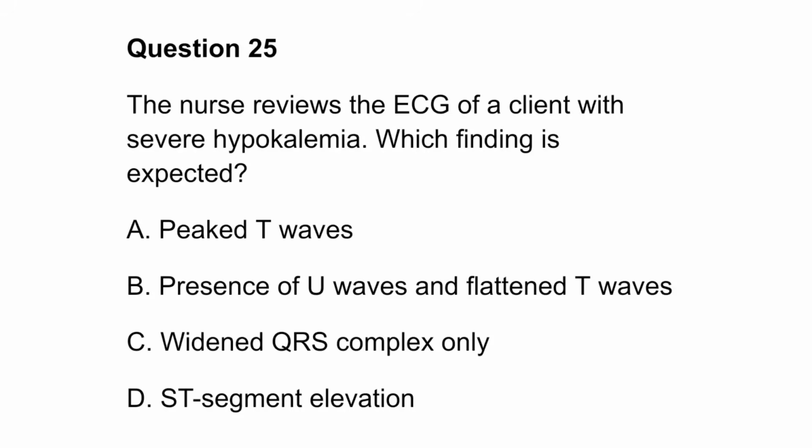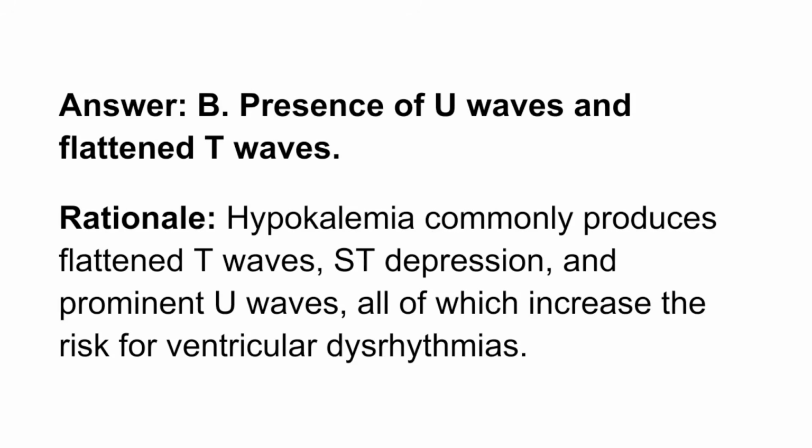Question 25. The nurse reviews the ECG of a client with severe hypokalemia. Which finding is expected? A. Peaked T waves. B. Presence of U waves and flattened T waves. C. Widened QRS complex only. D. ST segment elevation. Answer. B. Presence of U waves and flattened T waves. Rationale. Hypokalemia commonly produces flattened T waves, ST depression, and prominent U waves, all of which increase the risk for